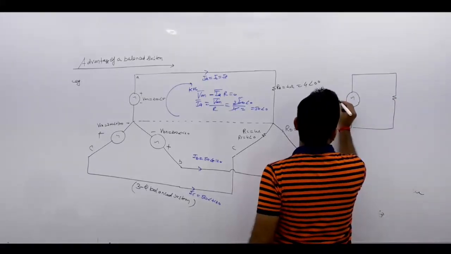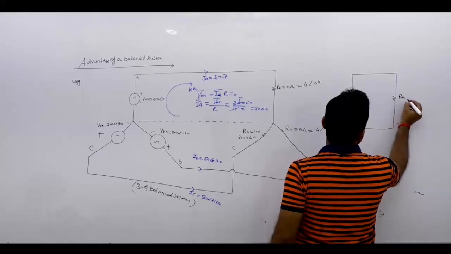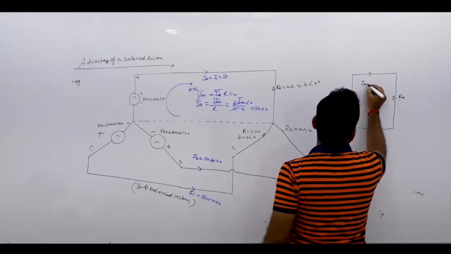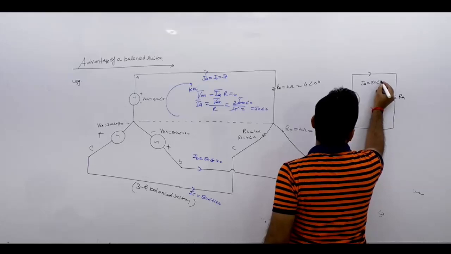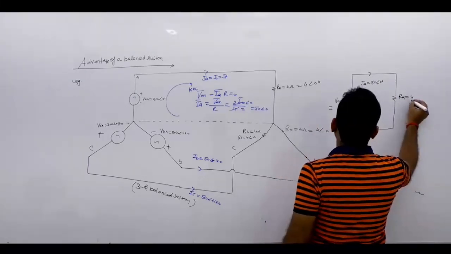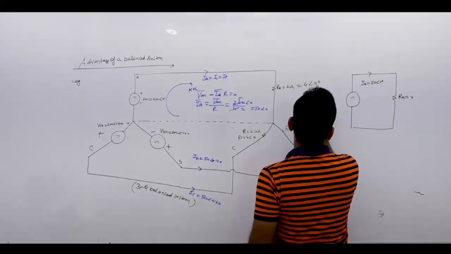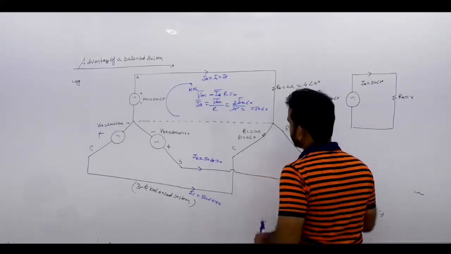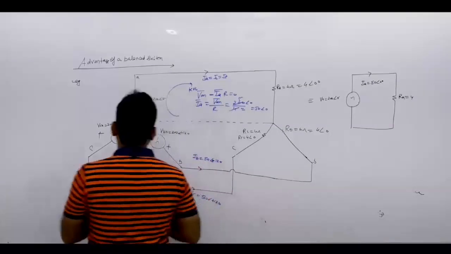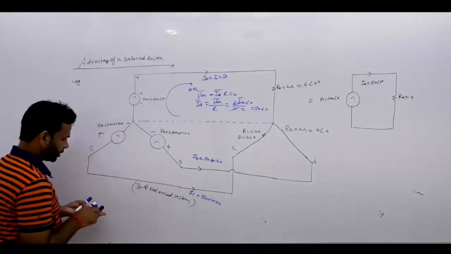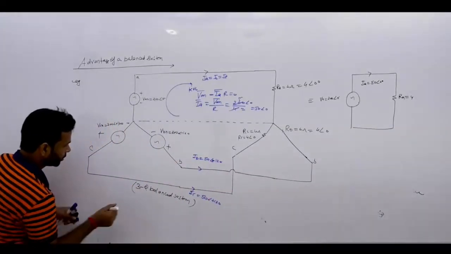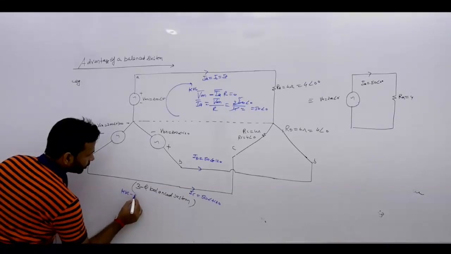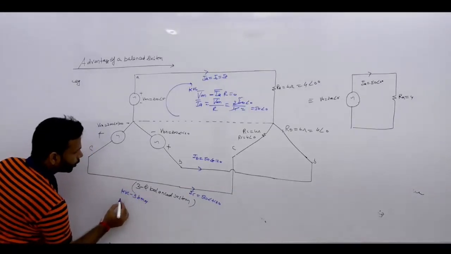It is VAN, it is RA, and it is IA. And IA is what? 50 angle 0 degree. Okay. And your V is what? 200 angle 0 degree. Okay. Now, if you see, in this circuit, we are applying KVL 3 times, Ohm's law